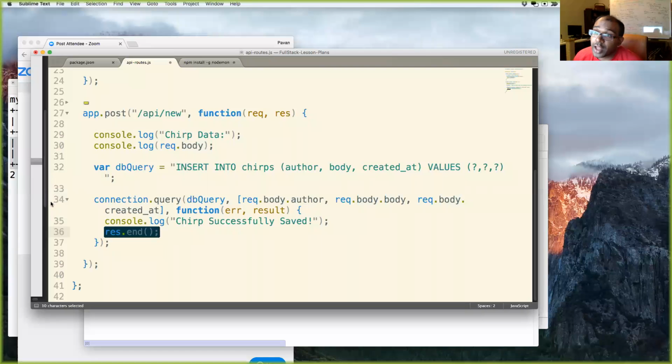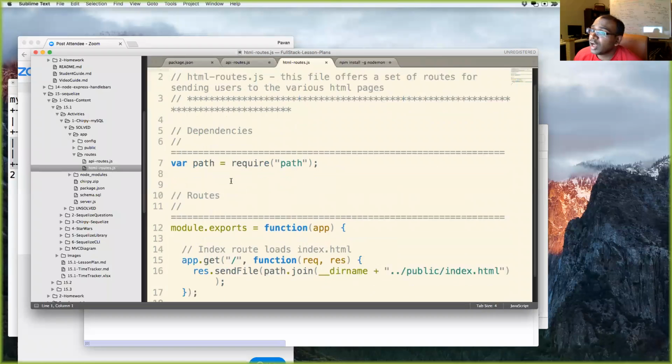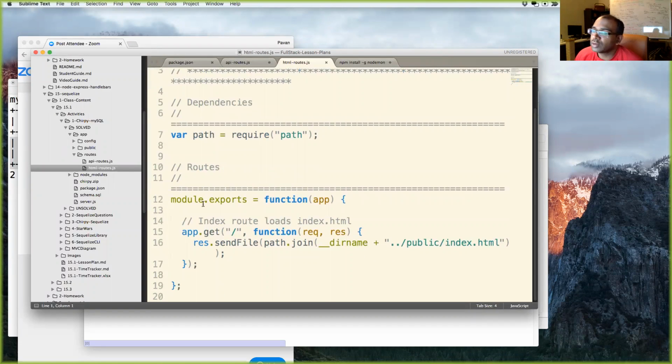Okay, let's go over the front end. So that was the API routes. Now we have an HTML route. What does this route signify? Anyone? That would be the main index. Exactly, the index.